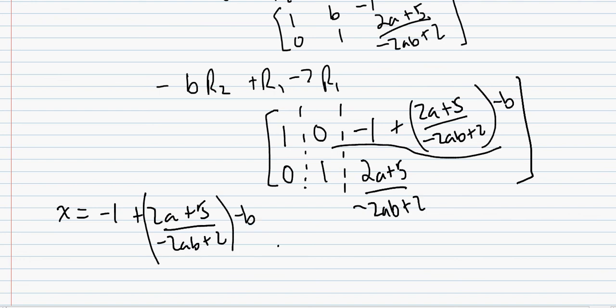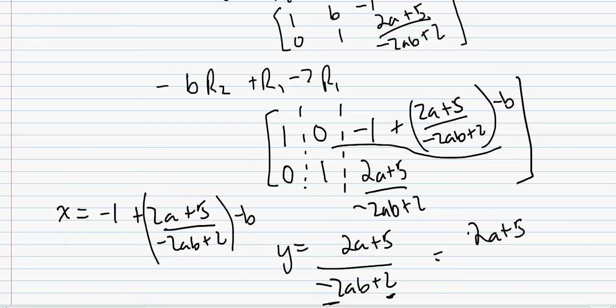But y has to equal 2A plus 5 over negative 2AB plus 2. And I'm going to take the 2 out from the bottom. What that's going to give us is 2A plus 5 over 2 times negative AB plus 1. Now if we go back to our questions,